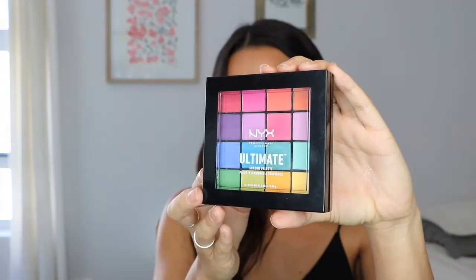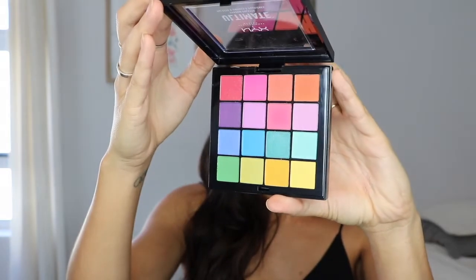Then another NYX product that really surprised me. I mean, most of the time when I saw this in the store, I was like, I'm never going to be able to use this. Like, this is just ridiculous and loud, and those are just colors that I would never use, but I have really been enjoying this. You can basically just have all your normal eyeshadow palettes, but if you want to add